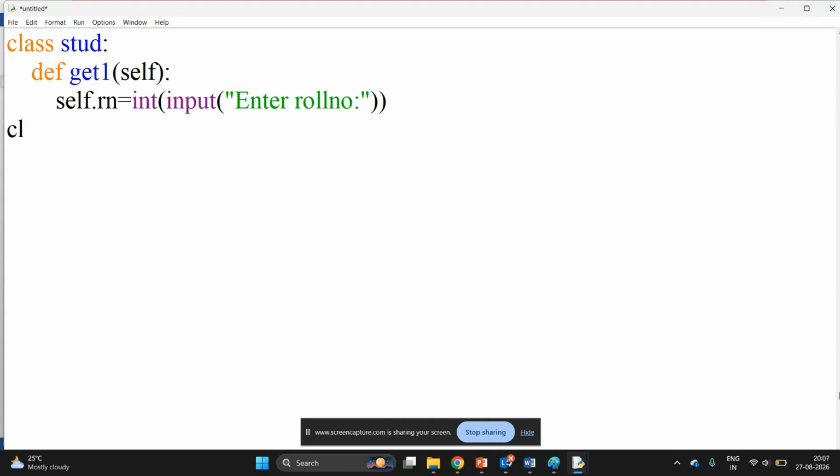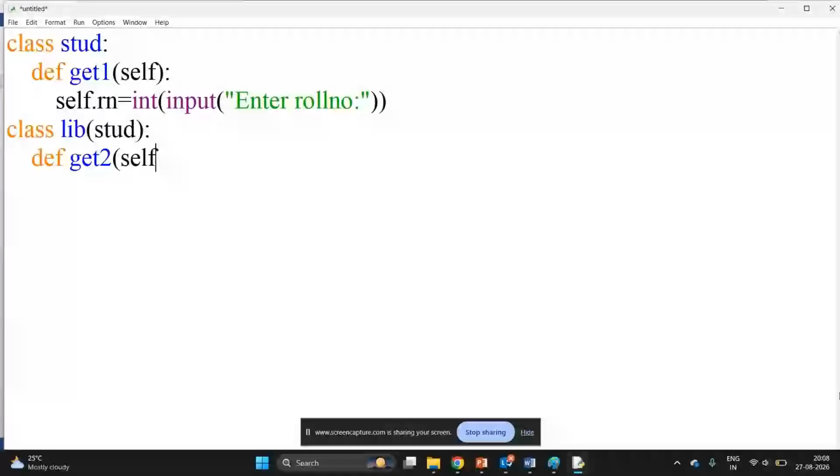And now I want to have one new class library, which is derived from the student class, and here I want to write one more function get2 which will be reading